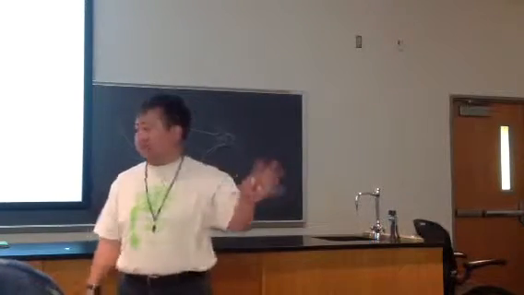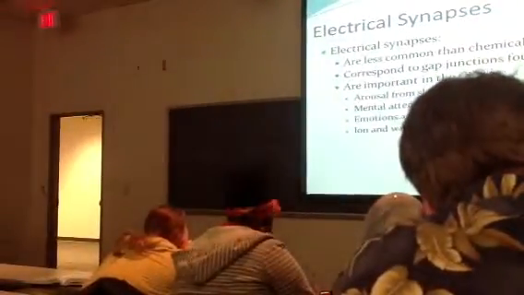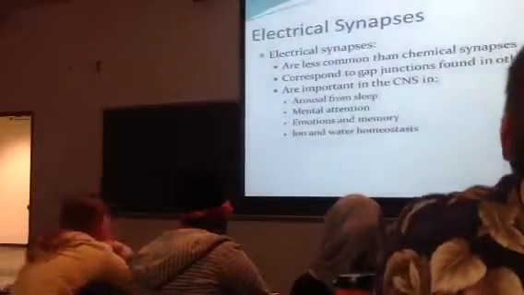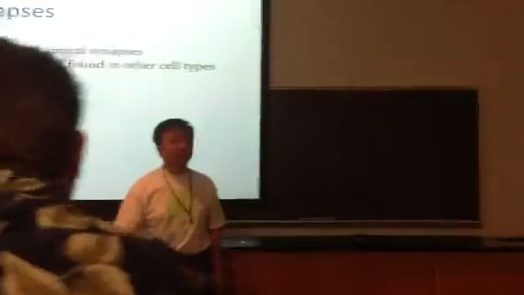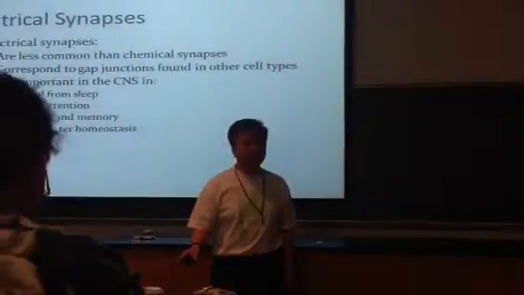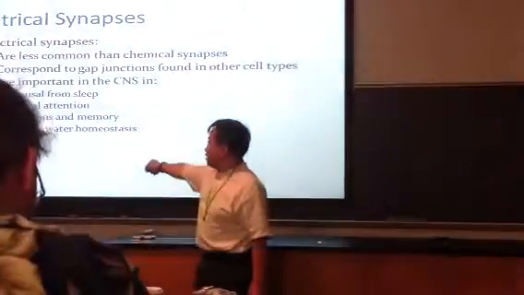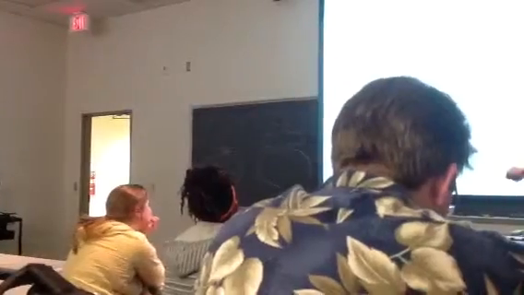But before we answer that question, think about this. Why on earth do we have the one that's slow right there? One thing is, in the chemical synapse, the signal only goes in one direction. They always go from pre to post. There's no other way. Are you all with me? This one receives an action potential, they release the chemical, which activates the postsynaptic, and then the postsynaptic can jump an action potential. They go that way.